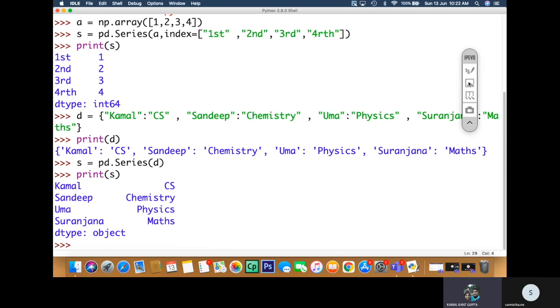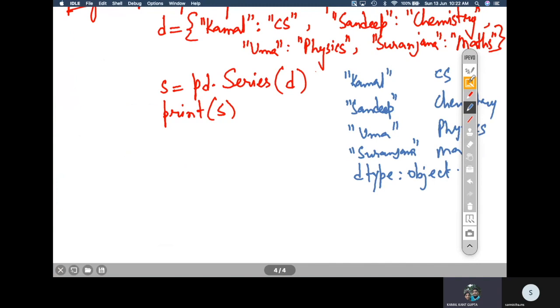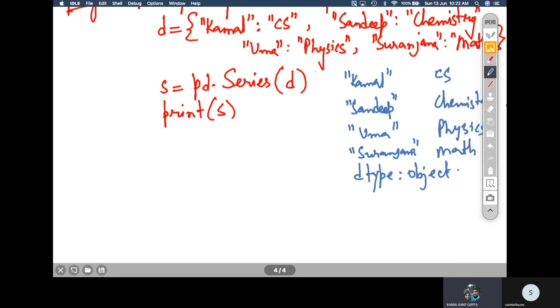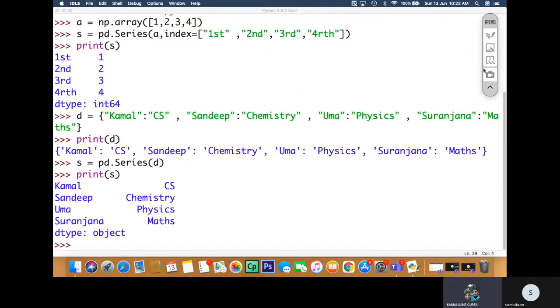Now let us move to the next topic. I think this is okay. This is nothing worrisome to you. I think you have understood this. Now let us move on to accessing elements of a series. How to access elements in the series? Once you have created a series, you need to manipulate the series values. The data values inside the series must be used.